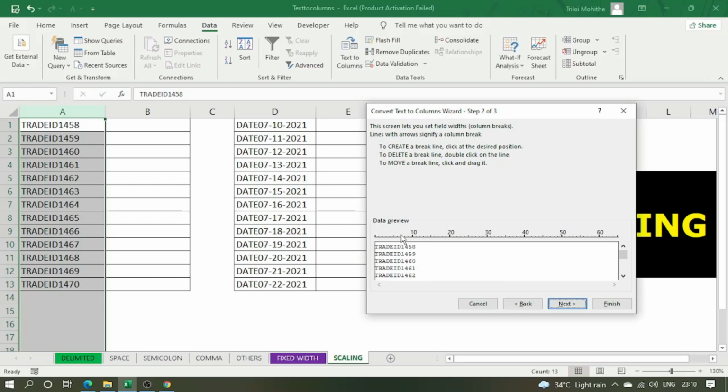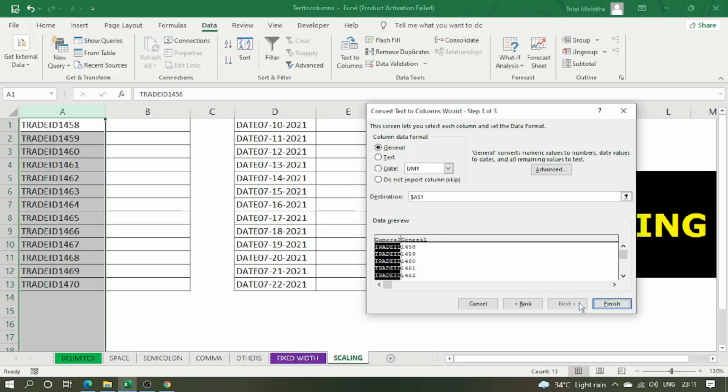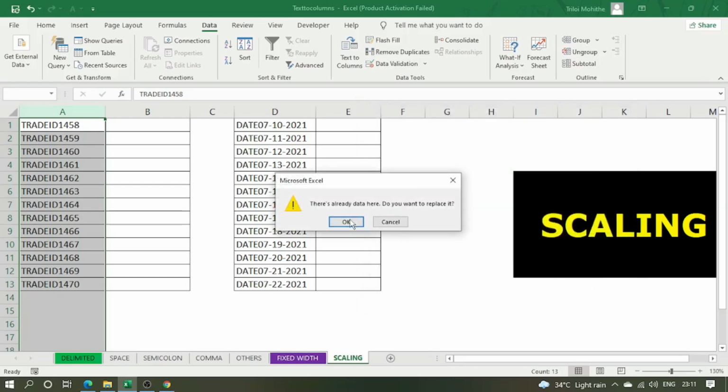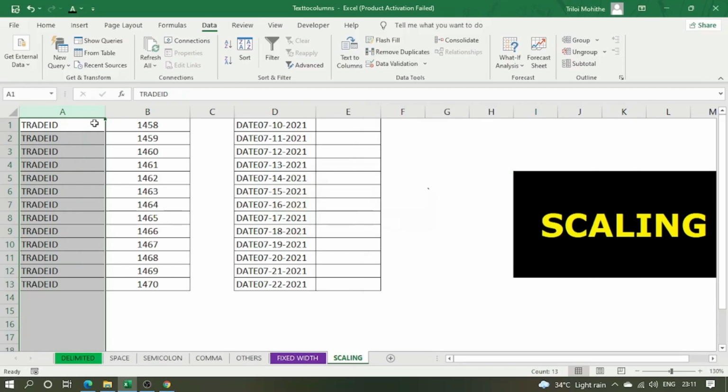I want to divide the data after the trade ID, separating the trade ID and the number. So I'll give a scaling line over here after the D, then click Next and then Finish. Click OK. See, the data has been divided based on scaling.